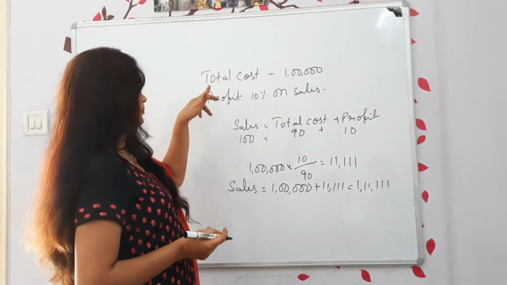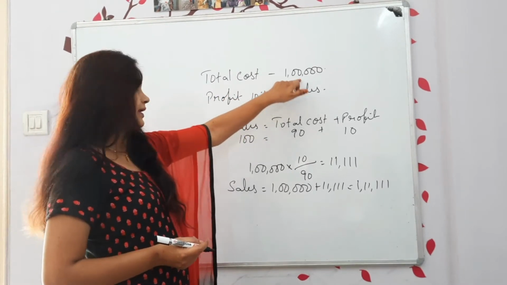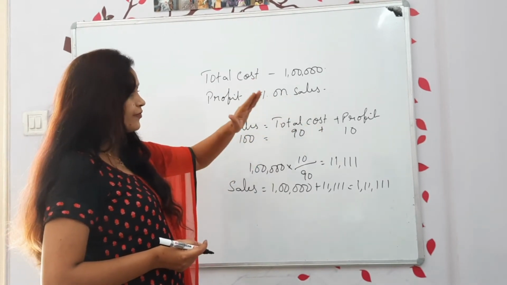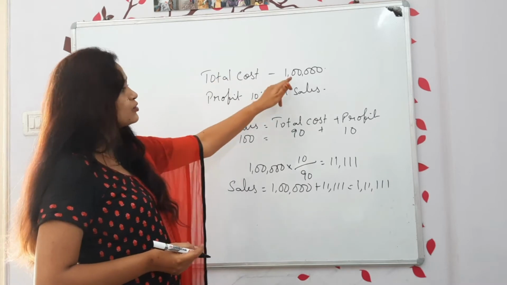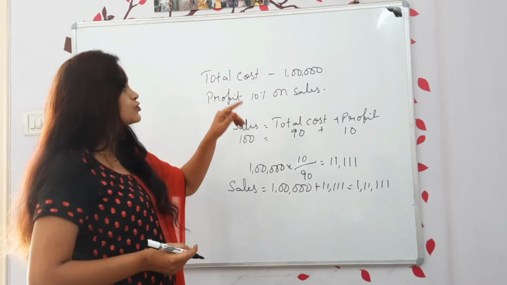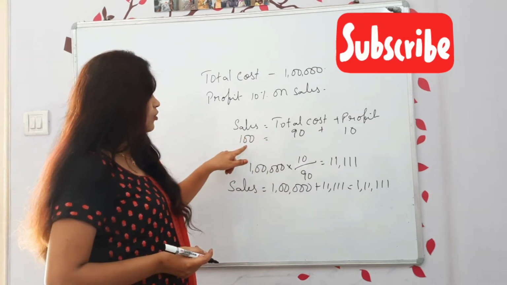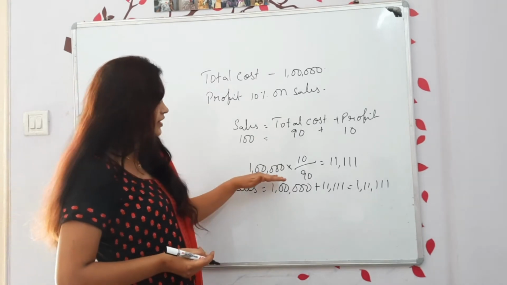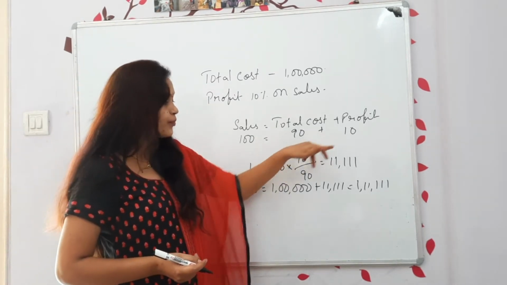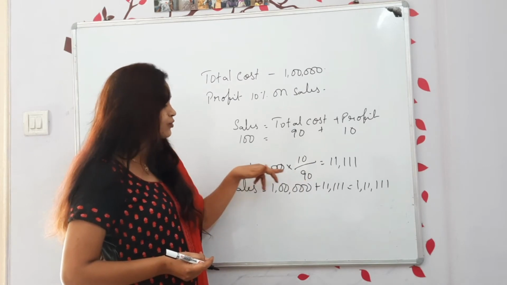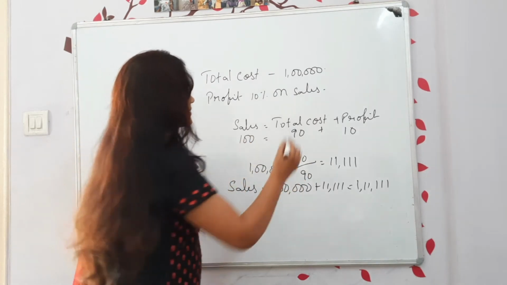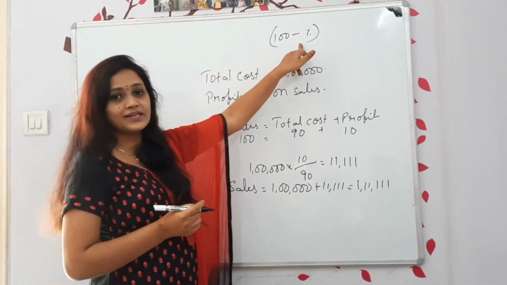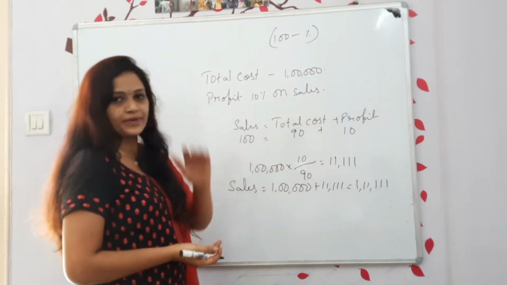Okay, now once again, total cost is given as 1 lakh and the profit is 10% on sales. So we don't have sales. How do you find the sales? Instead of finding the sales, from the total cost itself let us find the profit. Profit is 10, in the sense, out of 100, 10 has gone as profit, and the balance is called total cost. So when you are calculating the percentage, 1 lakh into 10 profit divided by, since we are calculating on total cost, it will be 90. 90 in the sense, we are taking 100 minus the percentage. So this is one method.